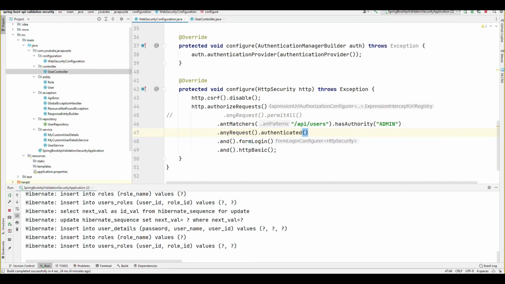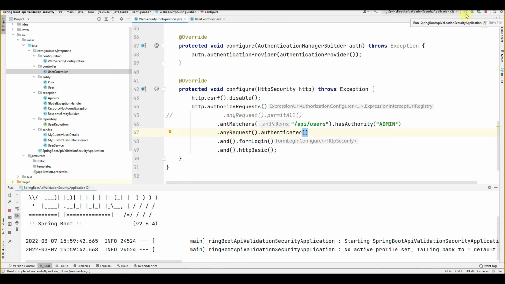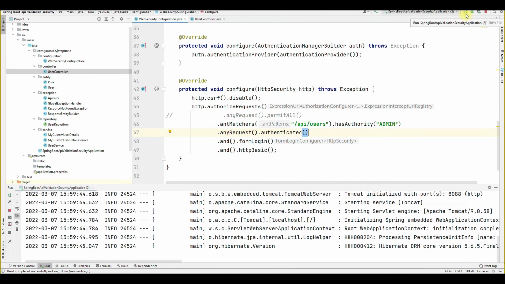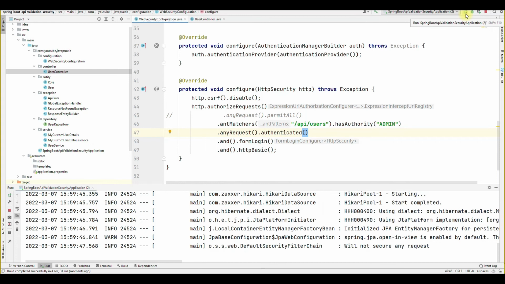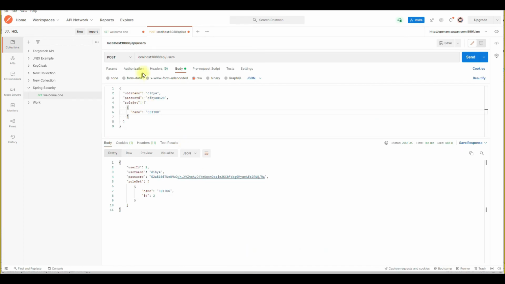Okay, now run the program. Okay, now it's running. Let me check. Now it should be authenticated. Let me try to send it.